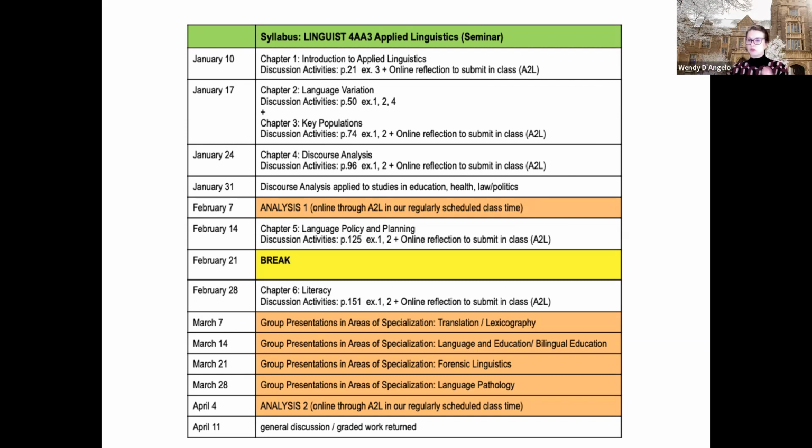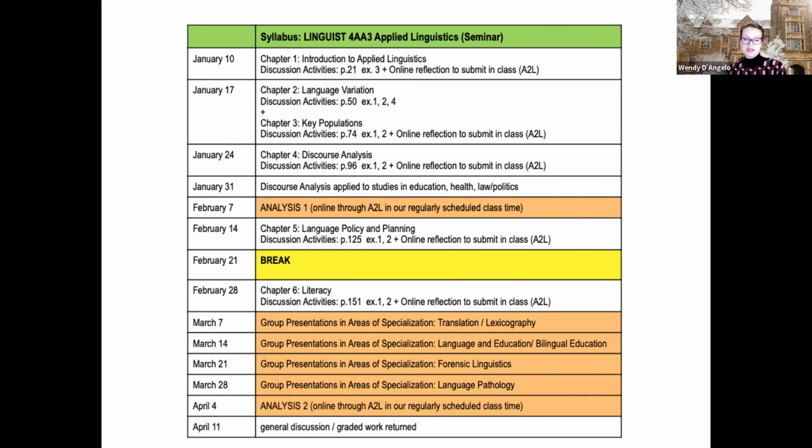areas of specialization. So let's say, for example, you choose translation. Okay, so there is a chapter that's dedicated to translation. So you and your group will need to read that chapter and understand that chapter. And then there will be a project that you will do that you will present to the class. And you will be sure to buttress your presentation with the information that your audience needs to understand what you are doing. Okay, so you don't have to regurgitate the entire chapter, but just make sure that you bring them into the knowledge set that you have in order for them to understand and be able to learn from your